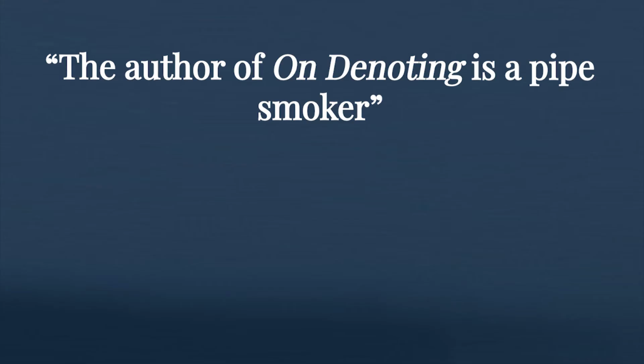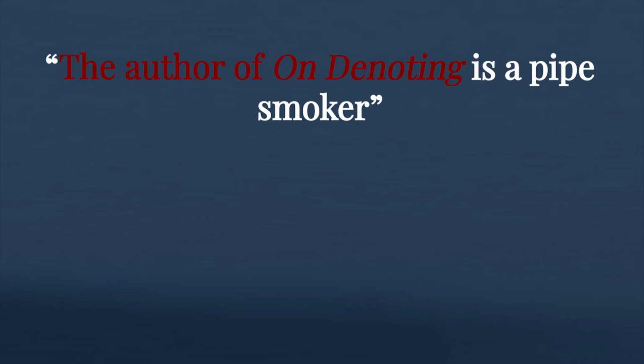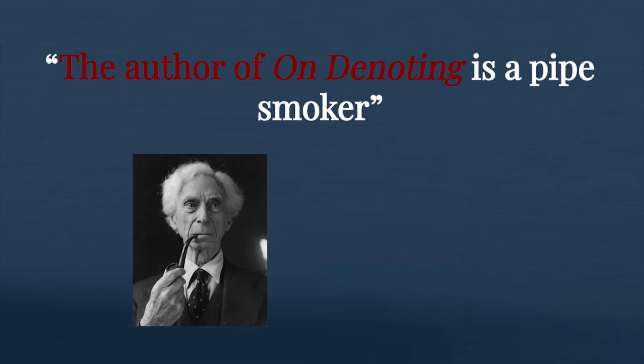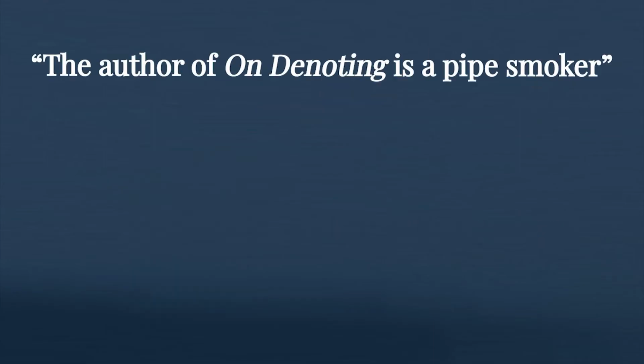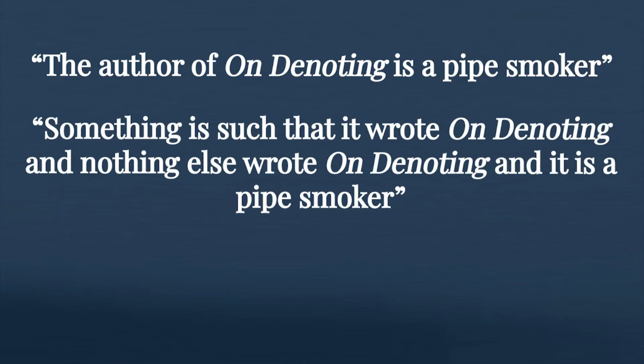But how is it true? On Frege's theory, it's because the definite description, "the author of On Denoting," refers to Russell. And since Russell is a pipe smoker, the sentence is true. But Russell wants to pull a similar trick with this sentence as he did with the case of indefinite descriptions. Russell's theory translates the natural language, "the author of On Denoting is a pipe smoker," to the more clunky, but he thinks more accurate, "something is such that it wrote On Denoting and nothing else wrote On Denoting and it